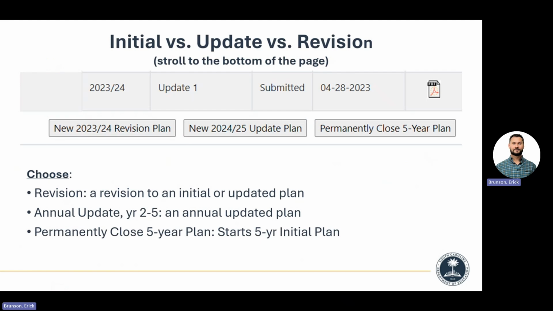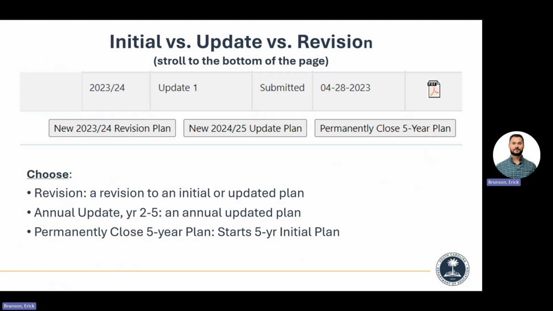We're gonna have a conversation for a minute in reference to this because there are three different things that are really going on. If you've already done your initial 5-year plan, the very next plan that you're gonna do is the update plan. Okay, the very next plan that you're gonna do is the update plan. And I'm saying this specifically because for the past 3 to 5 weeks, we had 2 different districts that were mixed up in the type of plans that they were submitting. So if you've already done your initial plan, the very first thing that you're gonna do is the update plan.